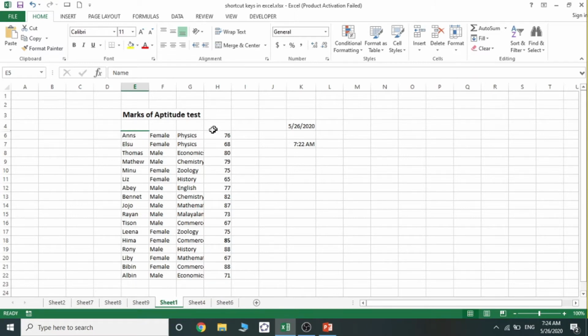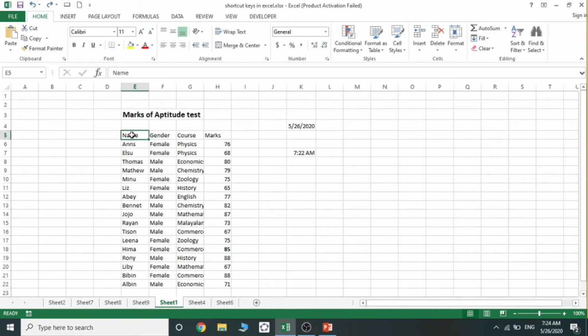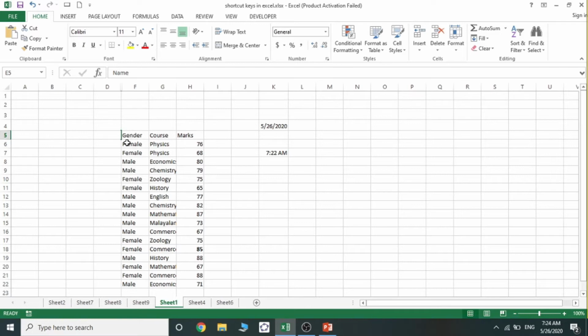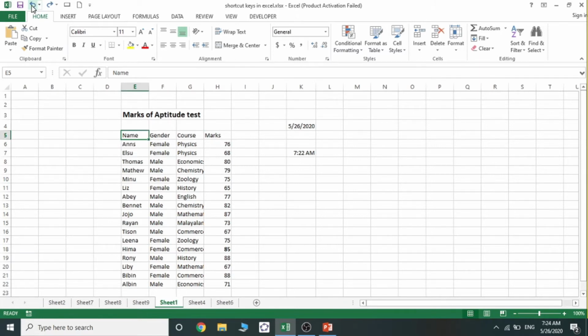So the first row is hidden. Again, we have to hide this first column. For that, Control 0. So that column giving the details of the name is hidden. So Control 9 will hide the selected row. Control 0 will hide the selected column.